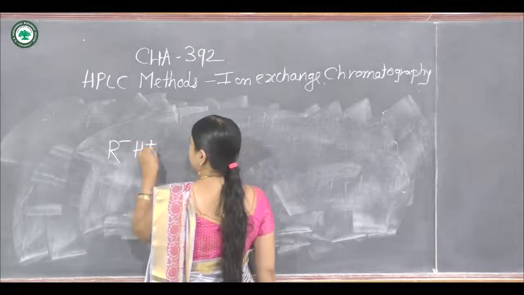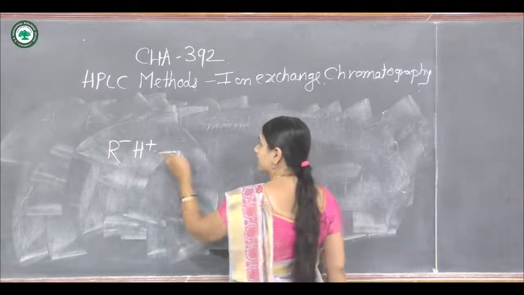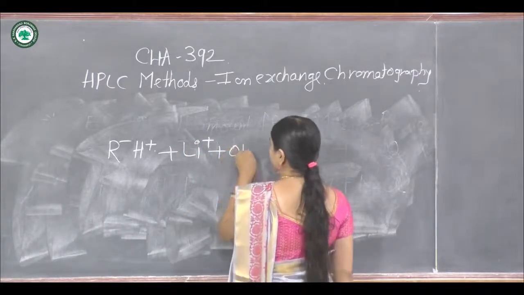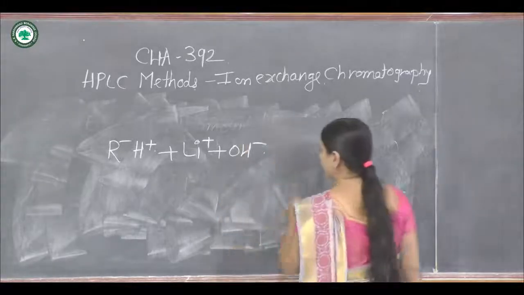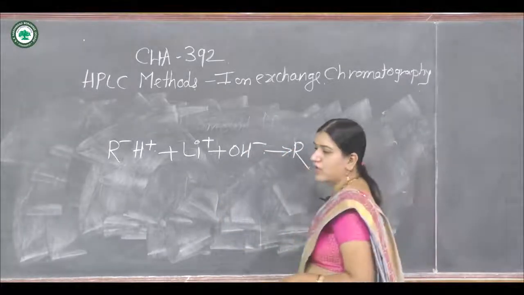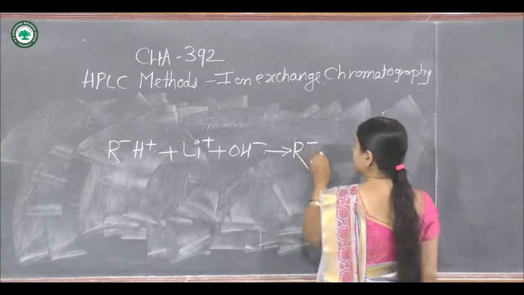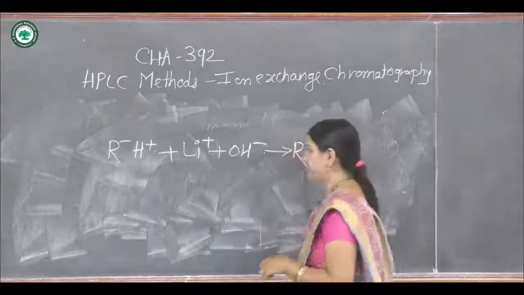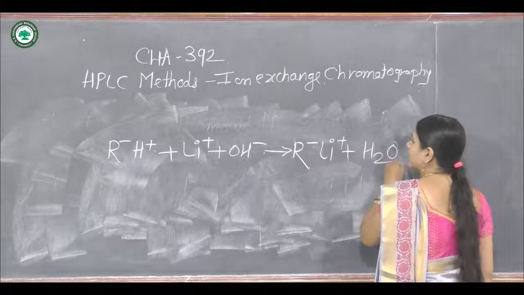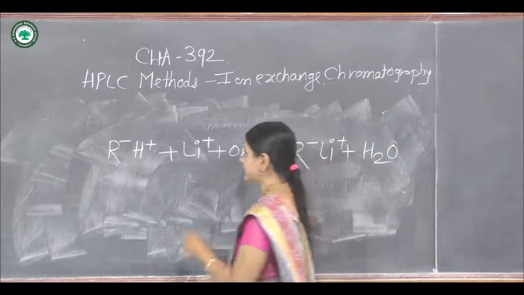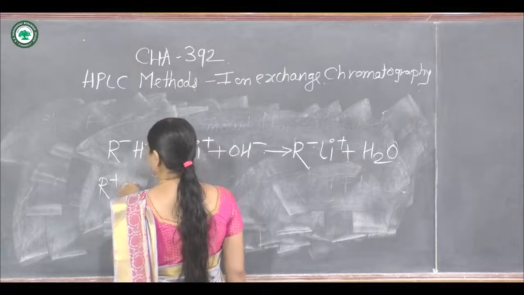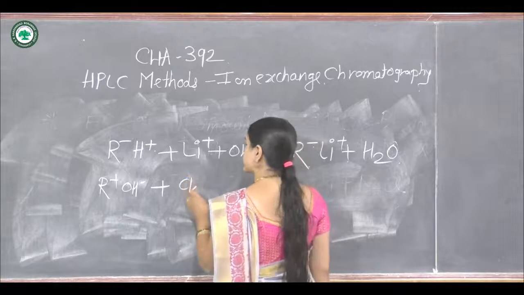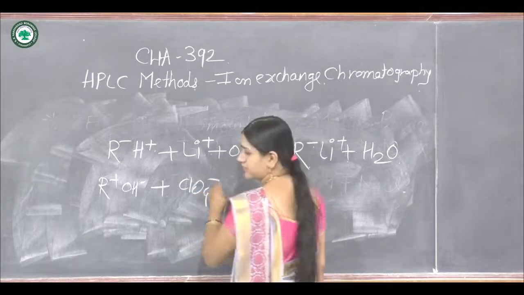Suppose R minus H plus with Li plus OH minus, then it will give you R minus Li plus and H2O. Next, suppose R plus OH minus with ClO4 minus,